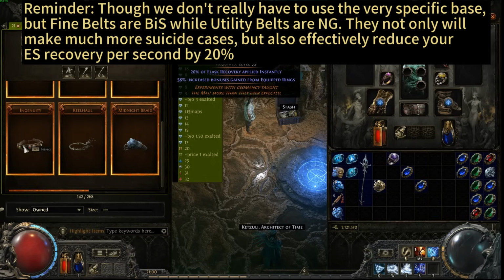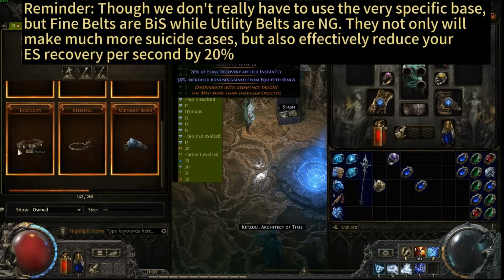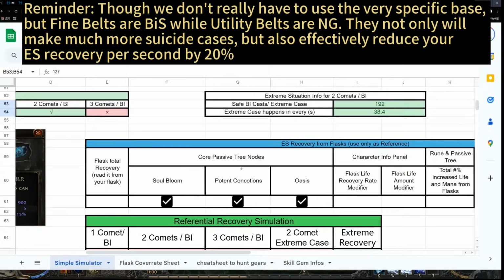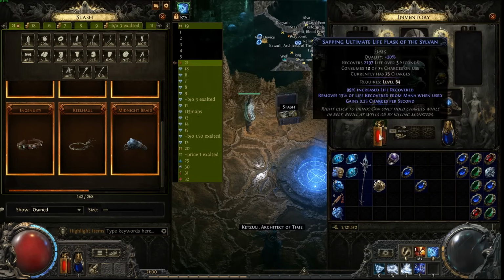Okay, so it also effectively reduces your flask recovery by 20% than the estimated recovery here using the sheet. Because we are not using utility belt, we can just use the sheet, and we simply input our flask information here. I have 2,197, so I put it here,